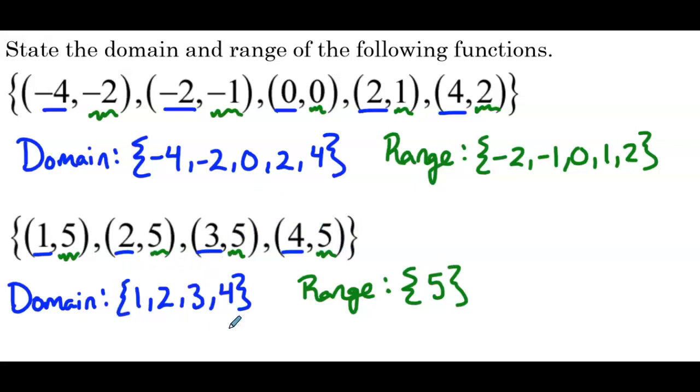Can the domain have fewer numbers than the range in a function? That's a key question. In a function, the answer is no. If we only had 4 numbers here and, let's say, 10 numbers in the range, that means the input values would have to map to more than one output. The only way 4 numbers would go to 10 numbers is for some of these numbers to repeat and have